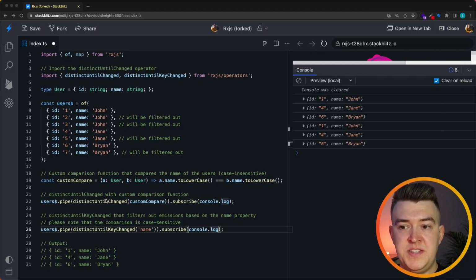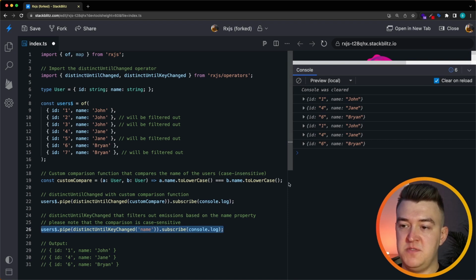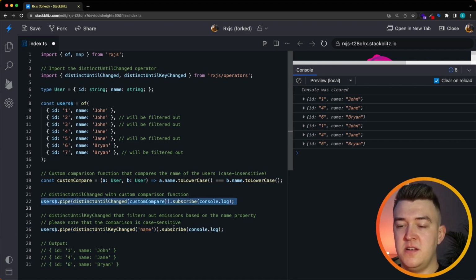But in this case, we can even simplify the shown example even more, because we are only filtering on one property or one key of the user. In this case, we can also use the distinctUntilKeyChanged operator. These 2 examples will basically do the same thing. The only difference is that the comparison right now with the distinctUntilKeyChanged operator is case sensitive, and our custom compare example was case insensitive. But in some cases, the distinctUntilKeyChanged operator may be useful if you just want to compare